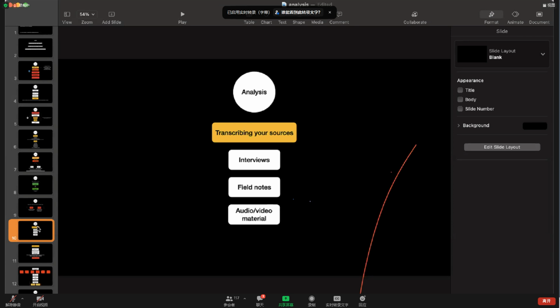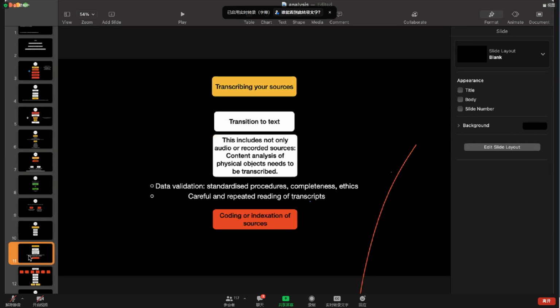Some of the sources might need to literally be typed out. So there might be a need for transcribing interviews. There might be a need for polishing or transcribing your field notes that you took by hand, or your sketching. Do you want to redo them and collect them in a certain way, or do you want to annotate or cut and organize your audio and video material? Once you do that,